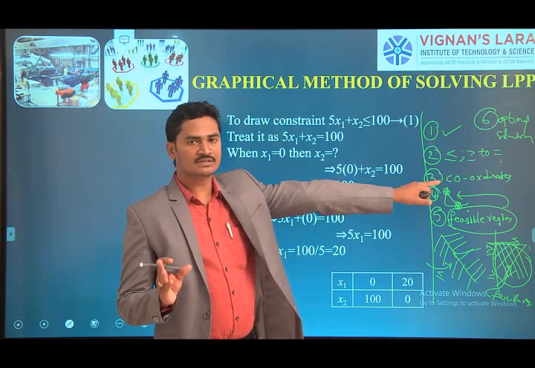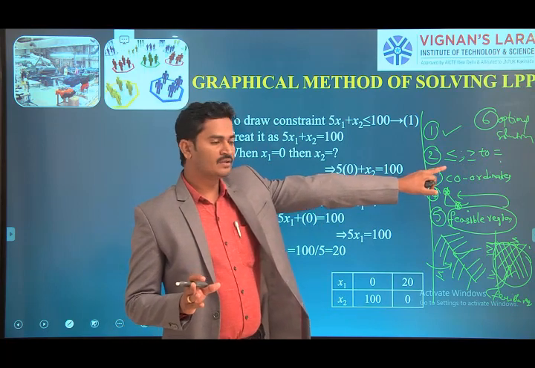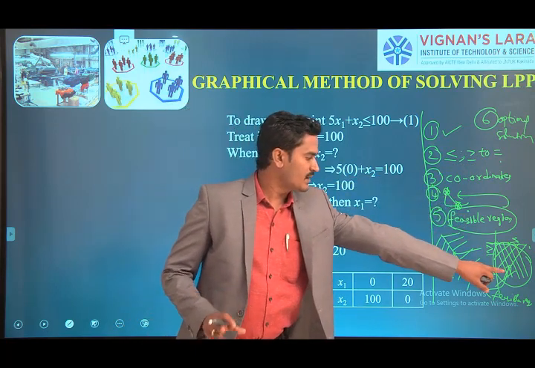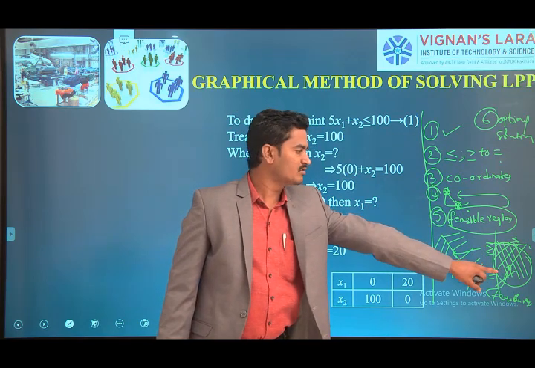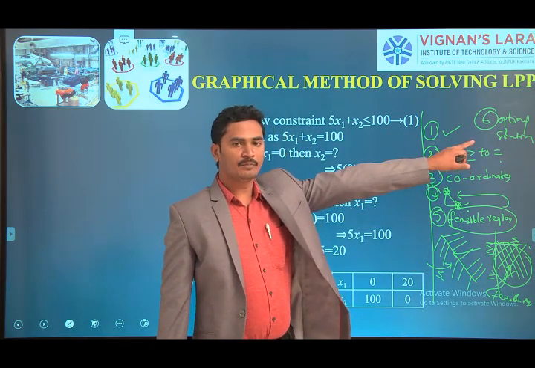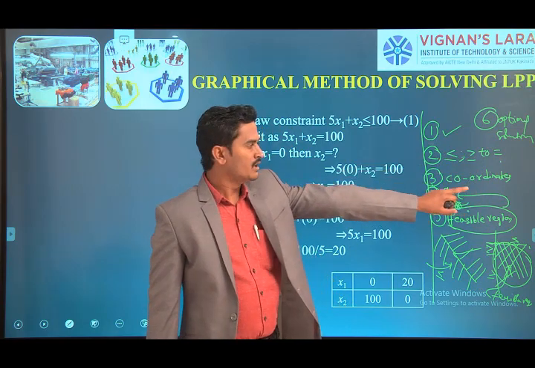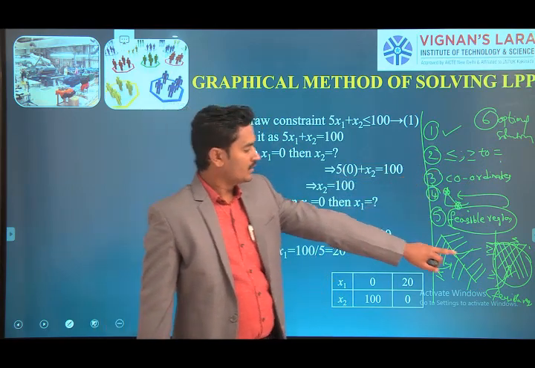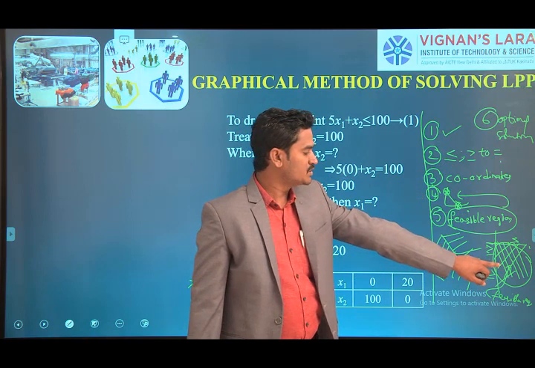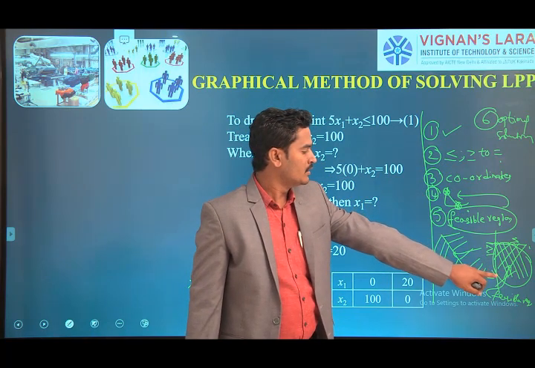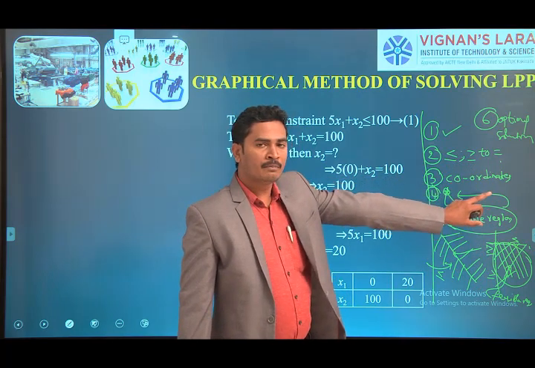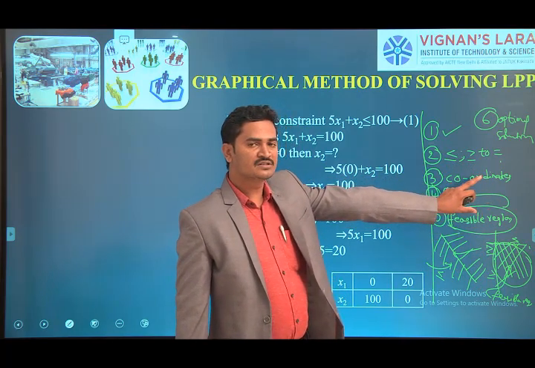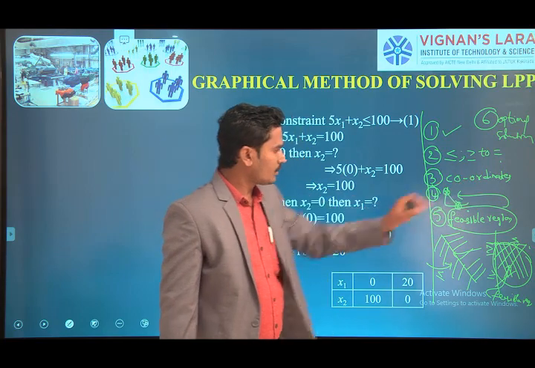If the objective function is a maximization type, we choose the maximum value. The coordinate where we get that maximum value is called the optimal point, and we obtain the optimal solution from that coordinate. If it is a minimization case, in this feasible region, the point which gives the lower value is called the minimum point, or minimal optimal point. So the solution is called the minimum solution.